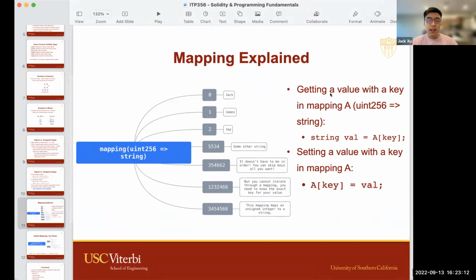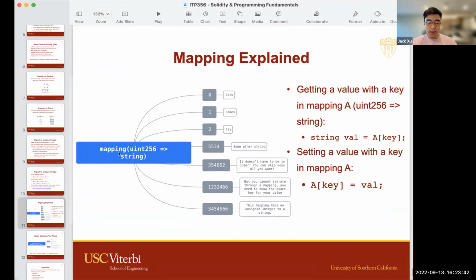Mapping is the single most confusing thing in Solidity. It might sound like I didn't take too much time to explain it, but the logical association between two elements, this one-to-one relationship, if you've never touched computer science or any kind of mathematics before, you have to take some time to understand it.